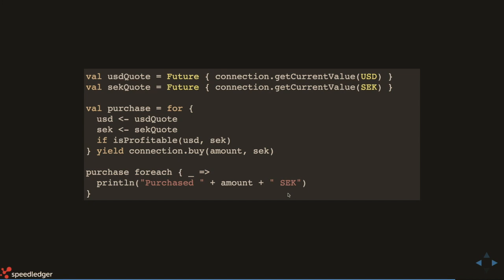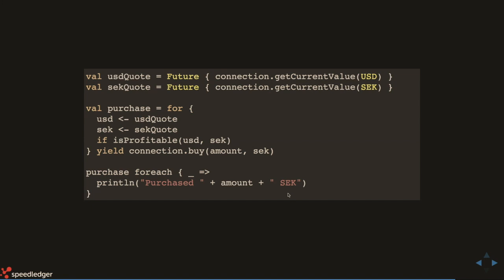And what the for comprehension does is that it accesses the value that you get from the future, unwraps it, uses it, and the first two lines where we get the quotes, they're not dependent on each other, and they might be executed at the same time, and that's up to the execution context.